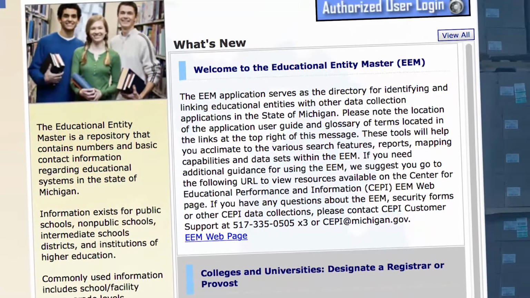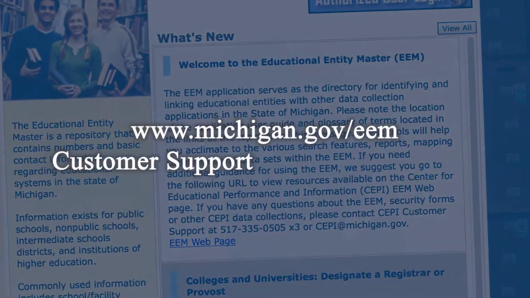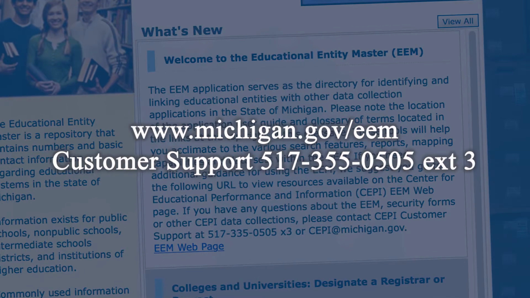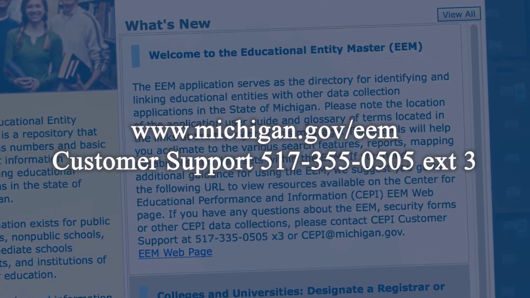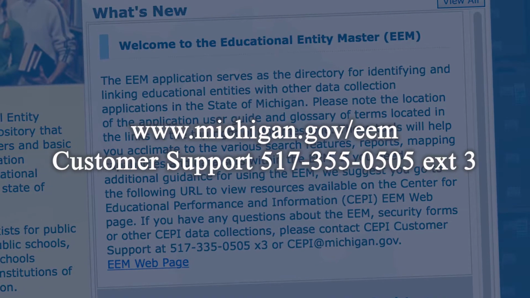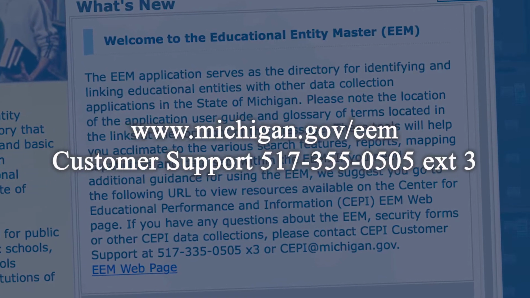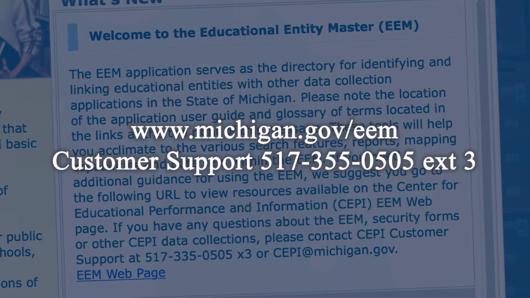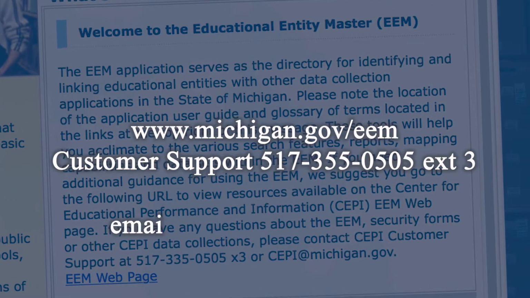The link for EEM is www.michigan.gov/EEM. To update your agency information in EEM, please contact CEPI Customer Support at 517-335-0505, extension 3, or by email at